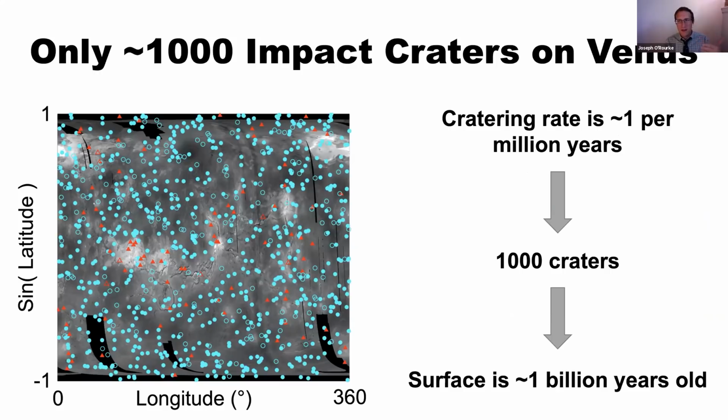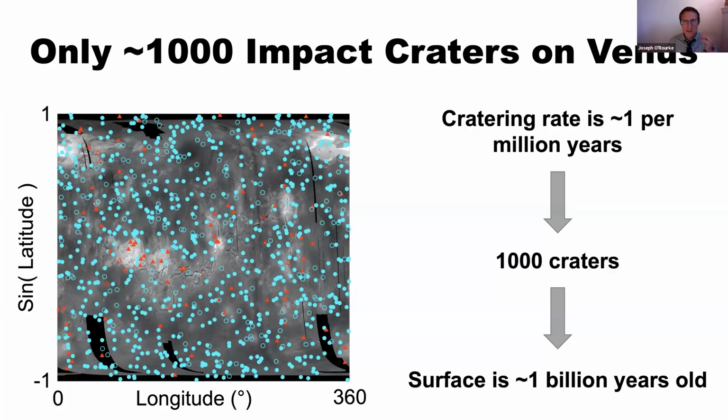Remember, there's an extremely thick atmosphere. So if there are impactors that are below a certain size, they just blow up in the atmosphere, like the Tunguska impact on Earth that shattered all those trees in Siberia. So there aren't any impact craters on Venus that are smaller in diameter than about 5 kilometers. And because the surface of Venus is young, there aren't that many big impact craters because all the big asteroids and stuff that would hit the planets mostly hit the planets at early times in our solar system's history. So we think we know about basically all the impact craters that currently exist on the surface of Venus today.